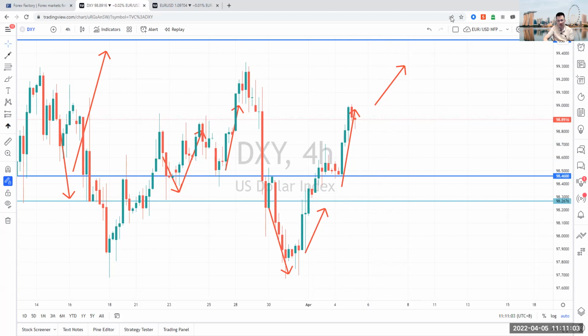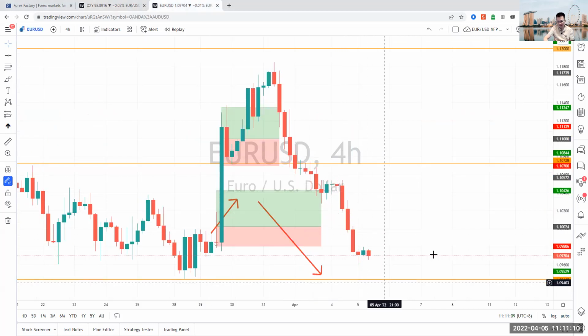Across the board, we're going to see that dollar strength being applied, which also means that looking at the euro dollar here, we could see further downside. So a question asked in the Traders Club was about a trade signal sent out to the Traders Club members about the euro dollar sell. Just checking, it was at the 1.1042 level. So 1.1042 is about there. We signaled a sell there, in anticipation for it to break this consolidation.